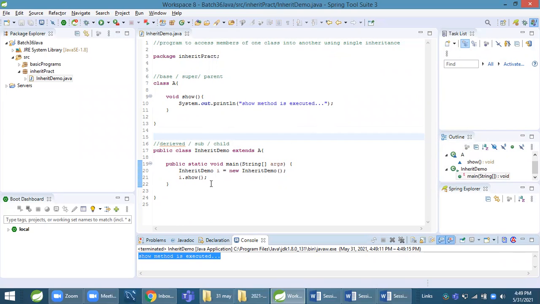Okay, some more points regarding inheritance. In C++, there is multiple inheritance, but in Java, there is no multiple inheritance. If we want to achieve the multiple inheritance scenario, we can do it by using multiple interfaces, but not inheritance. We cannot do multiple inheritance in Java. This is one point regarding inheritance. Let us see the next part, that is polymorphism.